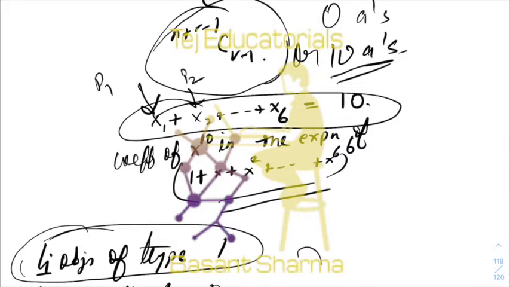We are not concerned about which objects it is getting. If you have n different objects and R persons, then this is not the right way to do it. This is not the answer. Then n plus R minus 1 C R minus 1 is not the right answer, because this is just telling you how many objects each person gets. It does not tell you which objects each person gets. So that has to be calculated as well, if n different objects are there.